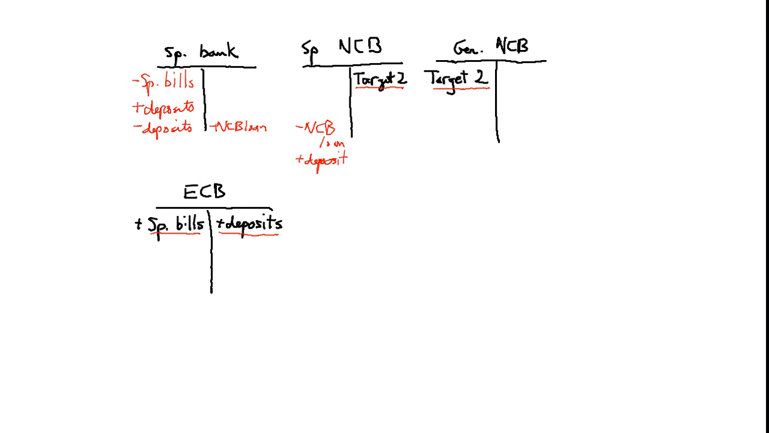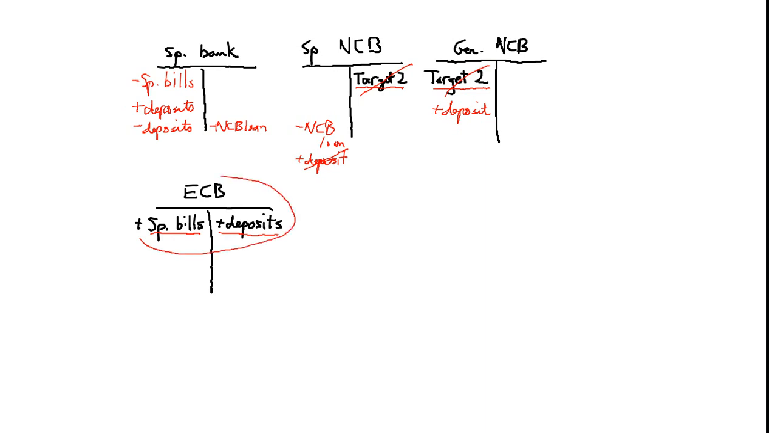Okay, but that's not the end of the story either, because now the Spanish National Central Bank can use that deposit to repay its Target balances, and the deposit winds up on the balance sheet of the German National Central Bank. However, that's the clearing of the Target 2, but we're not done yet, because the ECB, this transaction here,